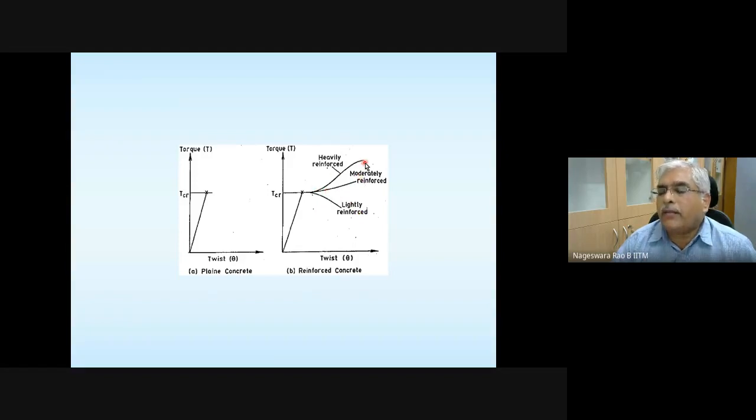Even if you provide heavy reinforcement, you will not be able to gain the original torsional stiffness. So the reinforcement that you provided is going to help you to just have a safe escape before it actually collapses. Okay, so this point you need to keep in mind.